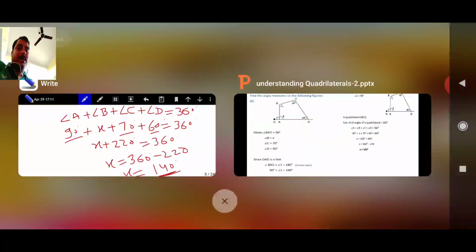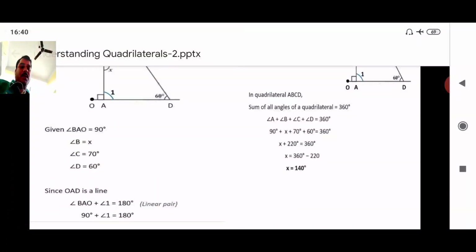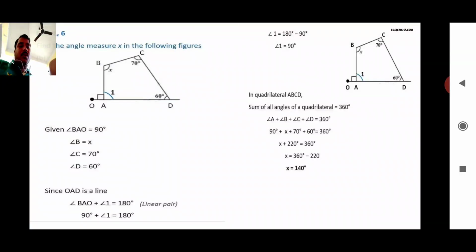Okay, here x equals 140 degrees means first you have to find out angle A by linear pair, and then apply the angle sum property of a quadrilateral, and you get x equals 140. Next one,